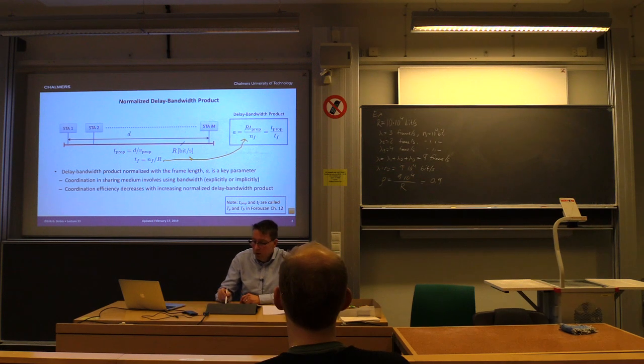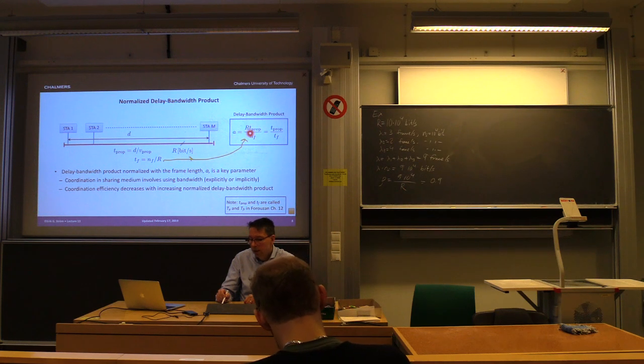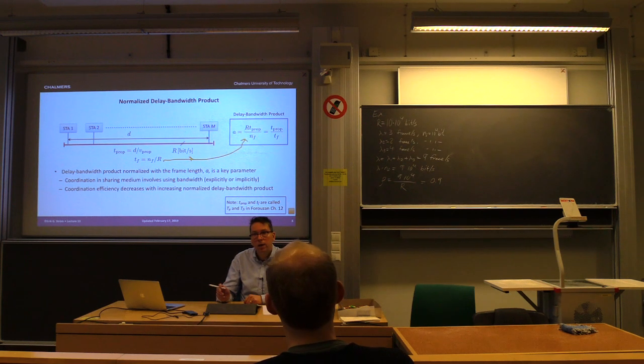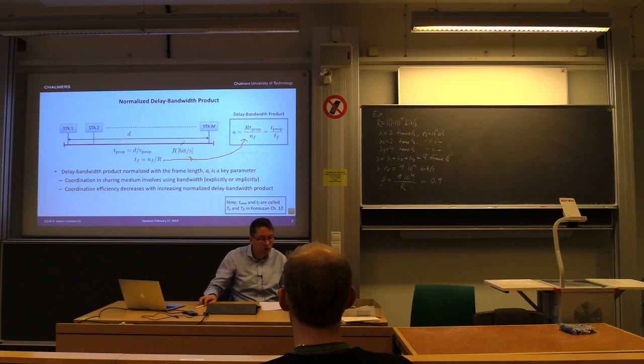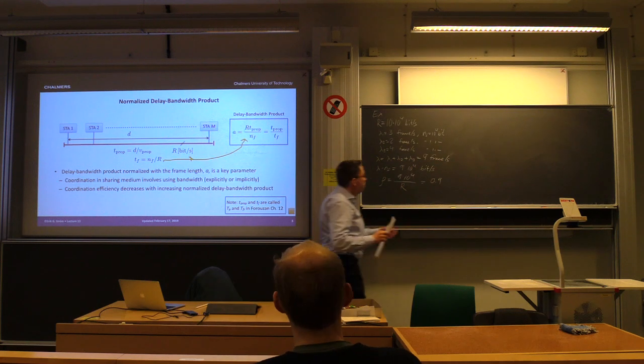So this is called the delay bandwidth product. Bandwidth, because in data communication, r bits per second is sometimes called bandwidth, and t-prop is a delay, and then it's normalized with the frame size. So sometimes it's called a normalized delay bandwidth product. But how can we interpret this delay bandwidth product? Well,